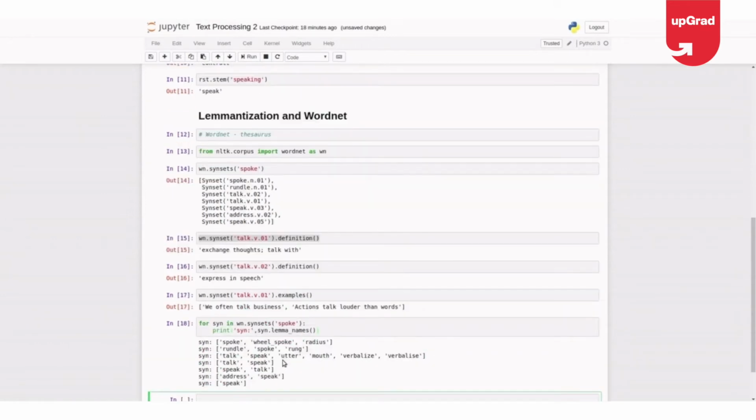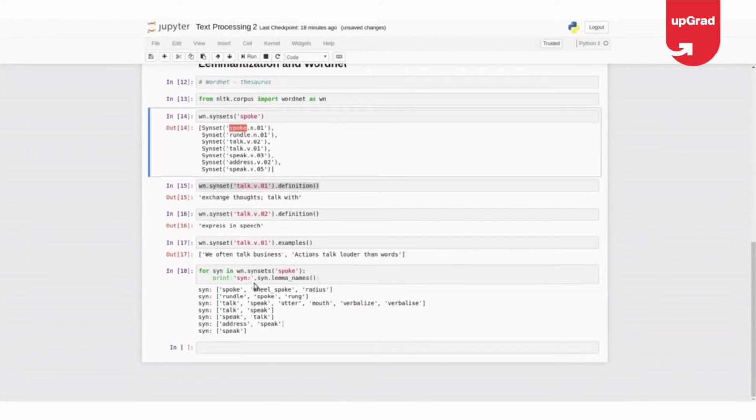Okay, so for the word spoke, there are different synonyms. For each synonym, I have taken the lemma names. For the synonym of spoke, which is spoke again, spoke, wheel, spoke, and radius are the lemma names. Rundle, spoke, and rung, talk, speak at your mouth. So there are different lemma names.